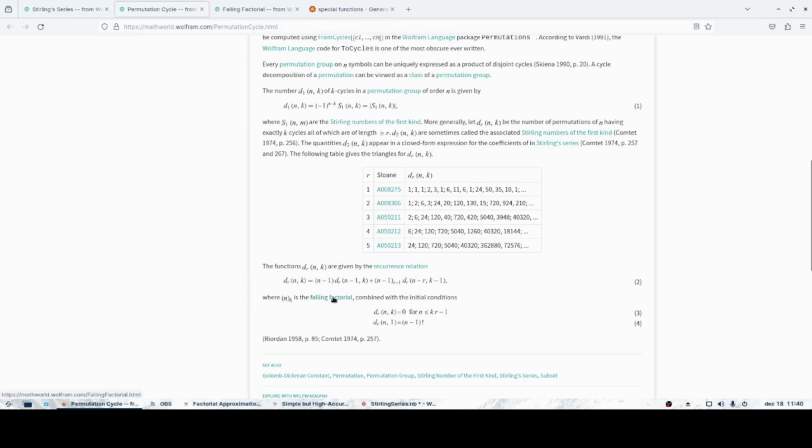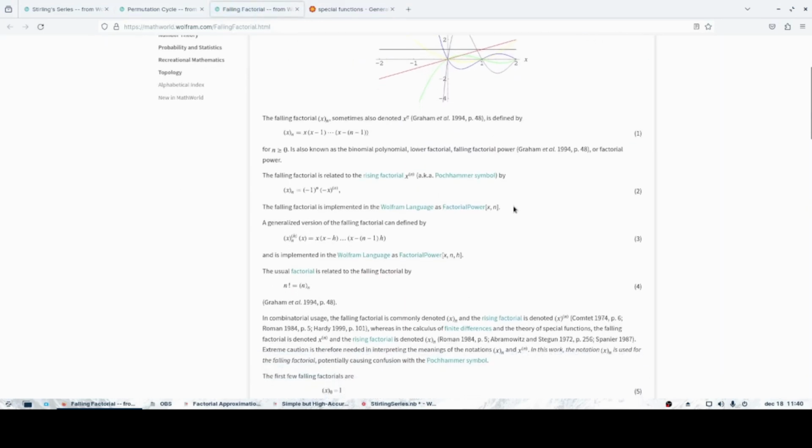This is the falling factorial combined with some initial conditions. To understand what it means, you can find out this is the Pochhammer symbol or who knows what, but here we get lucky with the Wolfram language, you have the factorial power. So if I'm putting this all together